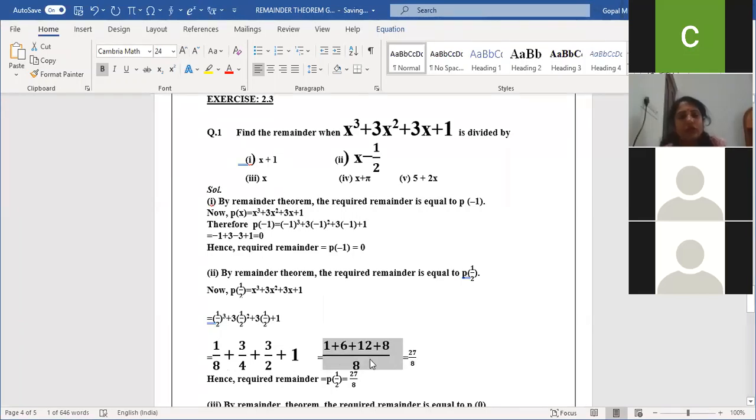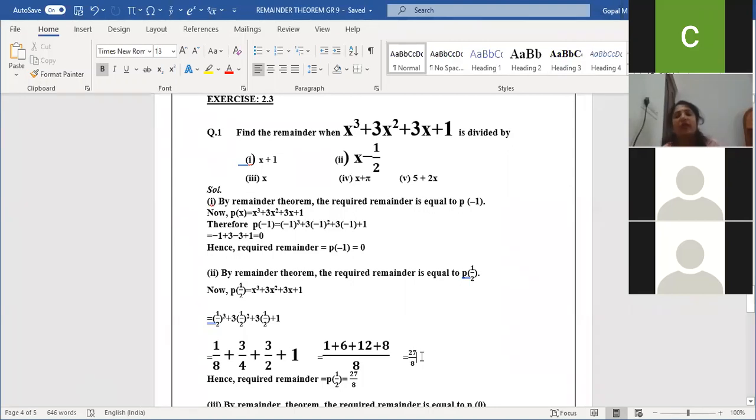You can see the answer, children. When the LCM is 8, 8 divided by 8 is 1, 1 into 1 is 1. 4 divided by 2 is, from 4 if you divide 8, 2. 2 into 3 is 6. From 2 if you divide 8, the quotient is 4. 4 into 3 is 12. 1 by 1, so 1 divided by 8 is 8. 8 into 1 is 8. If you add everything, you'll be getting 27/8 as the remainder when you divide by x